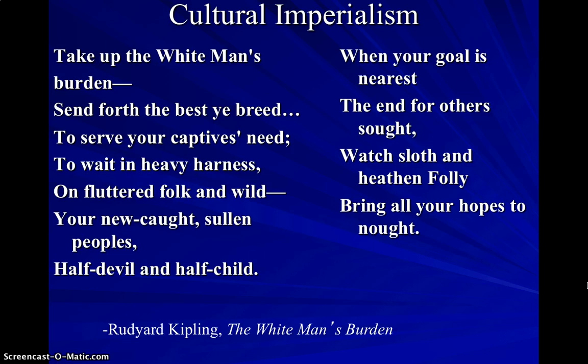And the half-child part is part of the patronizing approach of imperialism, that these individuals are simply children to the adult Europeans, and they, like children, require some form of leadership to bring them about. So they need both Christianity and they need the leadership of the good, superior Europeans. Unfortunately, as Kipling says, unfortunately for him and the imperialist, the implication here is that it won't always work, because